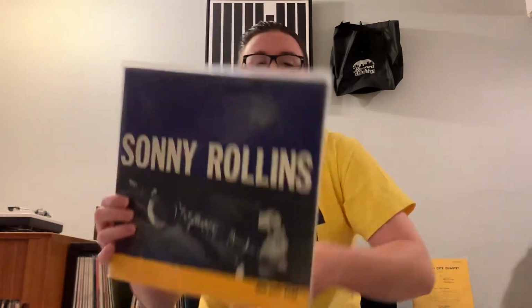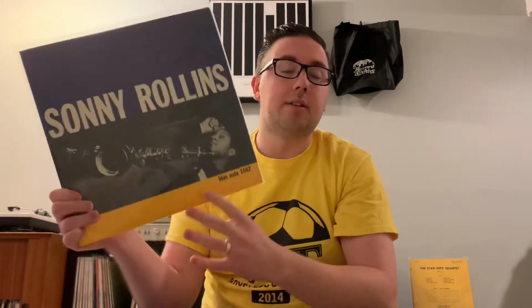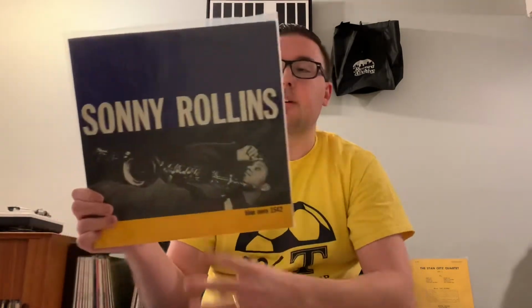And so the one that I'm going to show today is Blue Note 1542, Sonny Rollins. Sometimes it's Sonny Rollins Volume 1. Other times, on certain copies of it, it says Volume 1. Other ones it doesn't. In this case, this one doesn't say it. But the original cover actually had the photo going vertically, and then it said Sonny Rollins next to that. So the later represses had it be more of a horizontal, but I'll talk about what pressing this is at